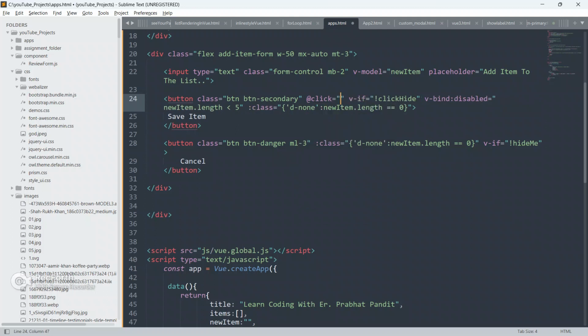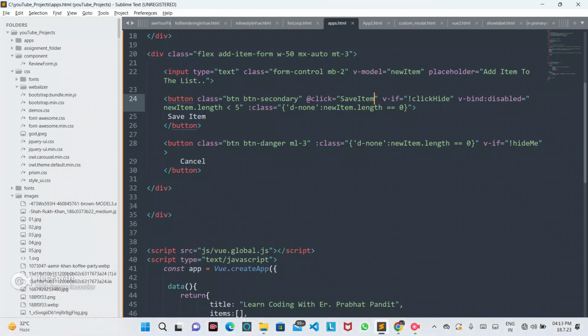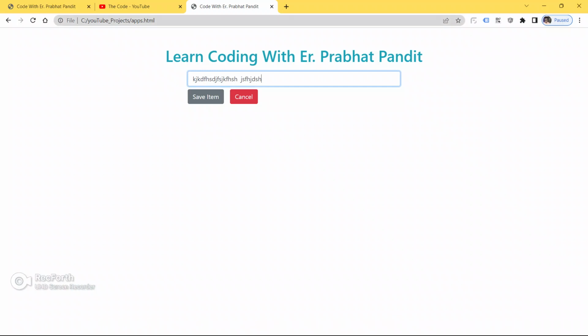Now I am going to copy this method and paste it at the @click event. At the @click I am going to run this method. Now save your code, go to the browser and refresh your page.